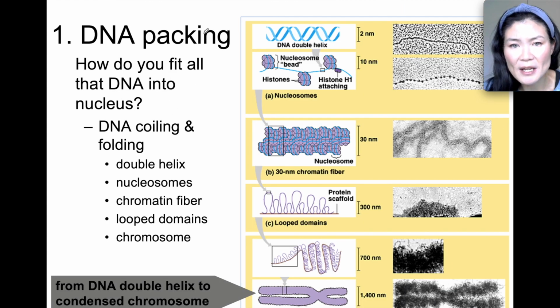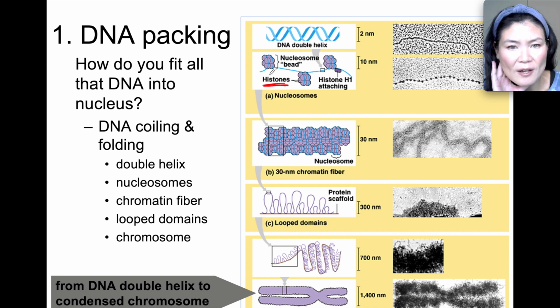So you know how we say that the DNA in eukaryotes is not naked, right? It's DNA that's wrapped around proteins, and specifically those proteins are called histones. And when they're wrapped around the histones, we call it a nucleosome. So this is a nucleosome. It looks like beads on a string. Okay, and then when you look at the DNA in the nucleus, it's in the form of chromatin. It's like loosely coiled DNA.